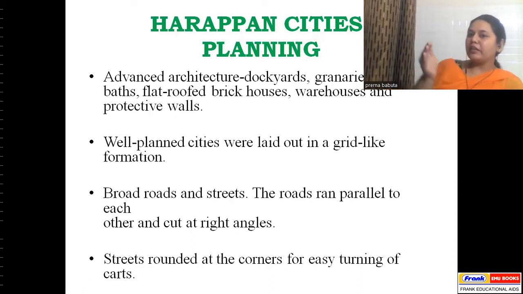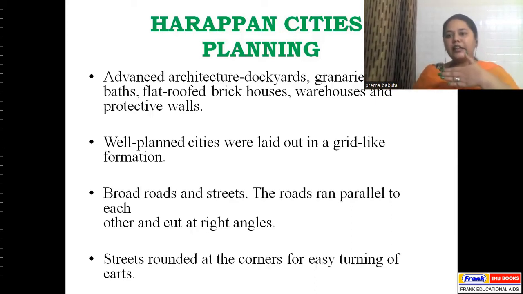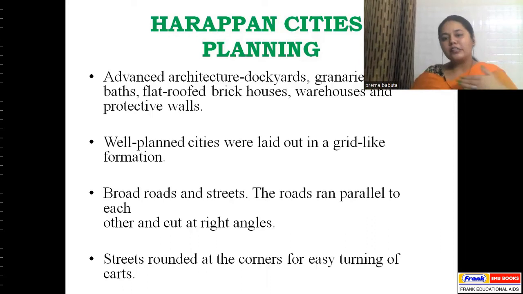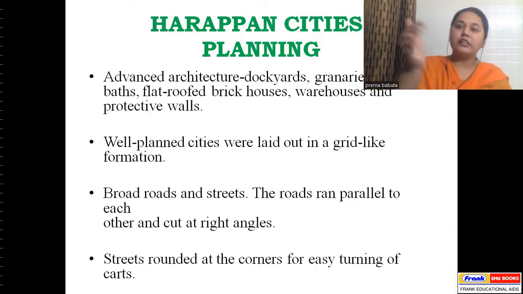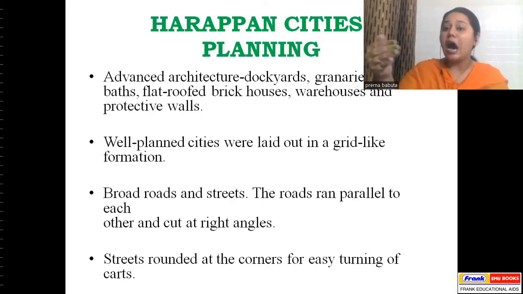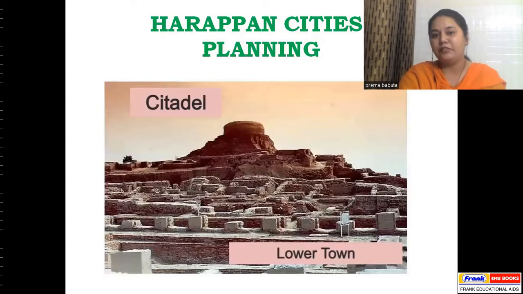So whenever a vehicle is turning, a vehicle doesn't turn like this. Can a vehicle turn like this, straight? No, it has to have that round movement, correct? All those who know how to ride a bicycle or probably a scooty would know this. So you turn like this, a U kind of formation or an arc. And this is exactly how the corners of the Harappan city were built.